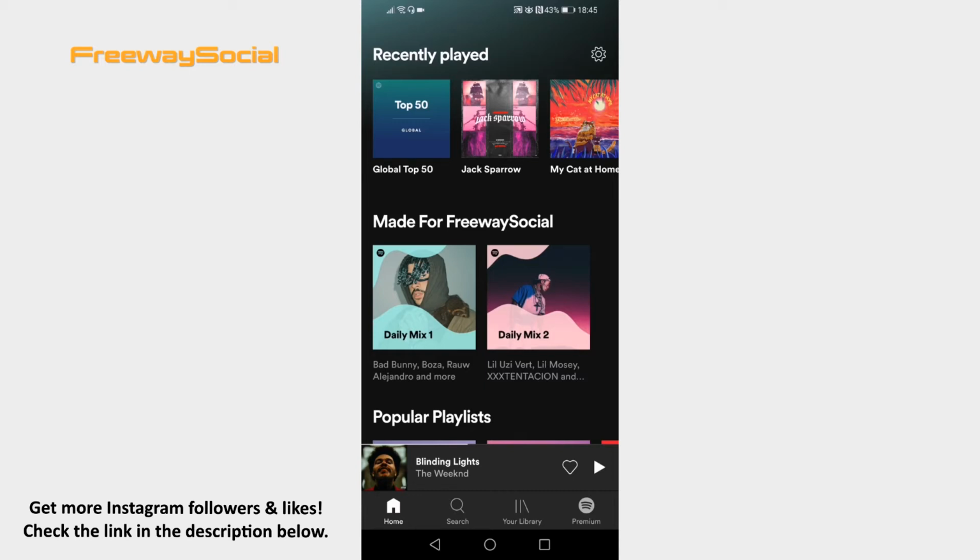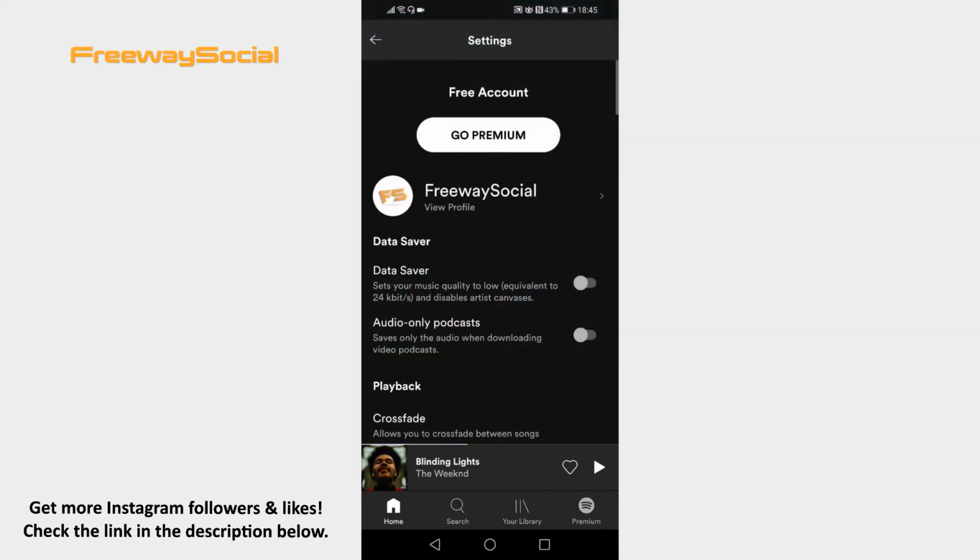Just follow these steps. Open up Spotify app on your phone and make sure to log into your Spotify account. Now click on gear icon at the top right corner of your screen. At the top of this page, you will see Data Saver section. Just switch the toggle on next to Data Saver, and this feature will be turned on. From now on, you will be using less mobile data.